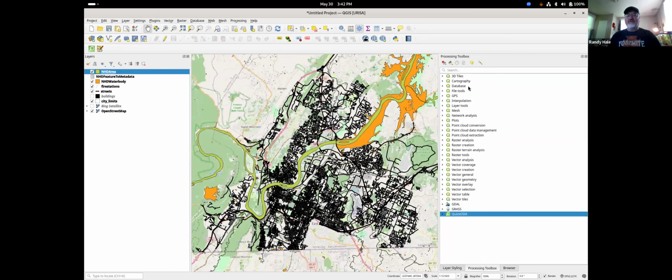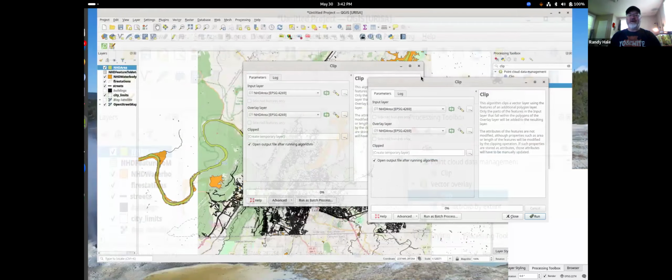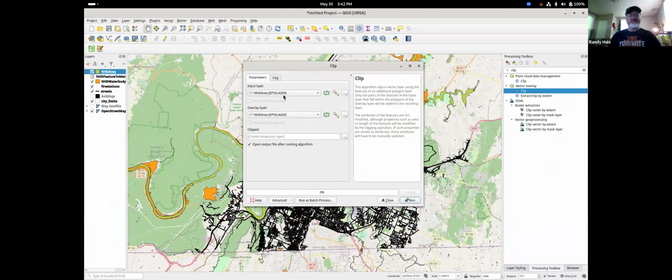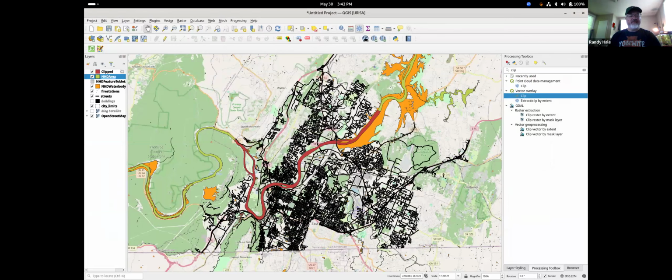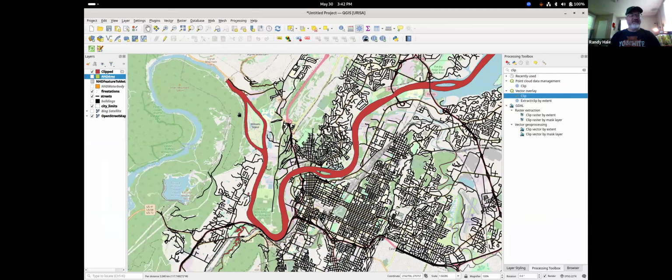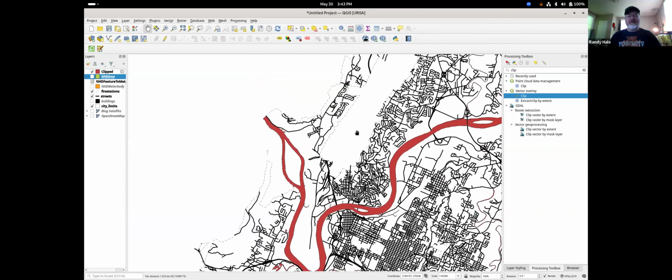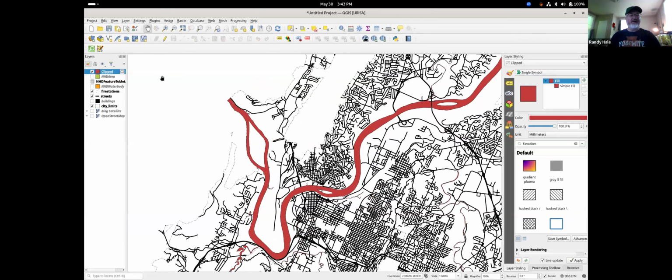I'm going to run a quick tool, clip, and if clip will open up, there we go. Clicked on it way too much. I'm going to clip NHD area with city limits and run. And that was a pretty quick clip. But now I have actually the river following the city boundary. If I turn off OpenStreetMap, if I want to turn this clipped line blue,